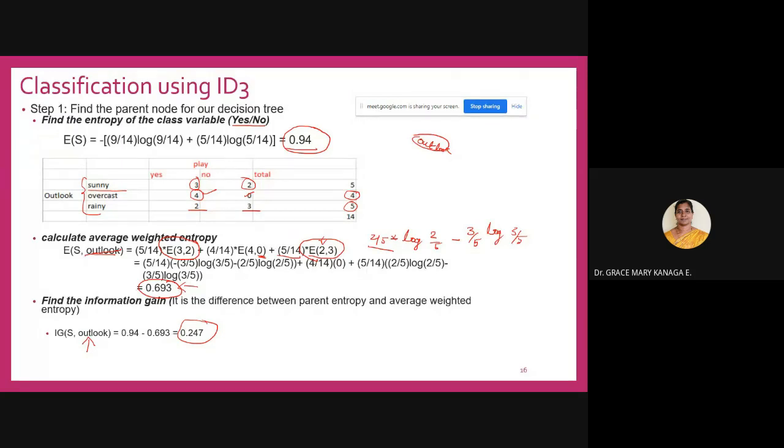I hope you have understood how we are calculating. So this is the entropy of the class variable, yes or no. In that, how have we calculated it? What is this 9? So this 9 is the